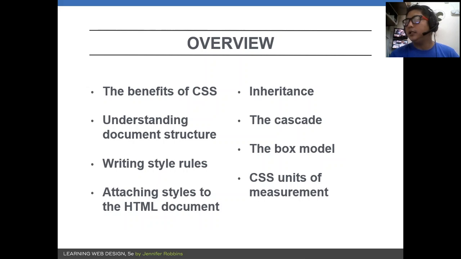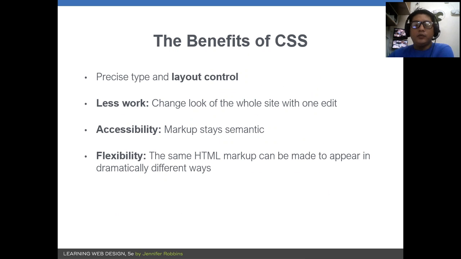Cascading, the box model, and units we use. Majority of the activities you have seen use measurements like pixels and points in setting the sizes, the width, the height. So what are those other units of measurement that you can use in your CSS document? Okay. Now, one of the